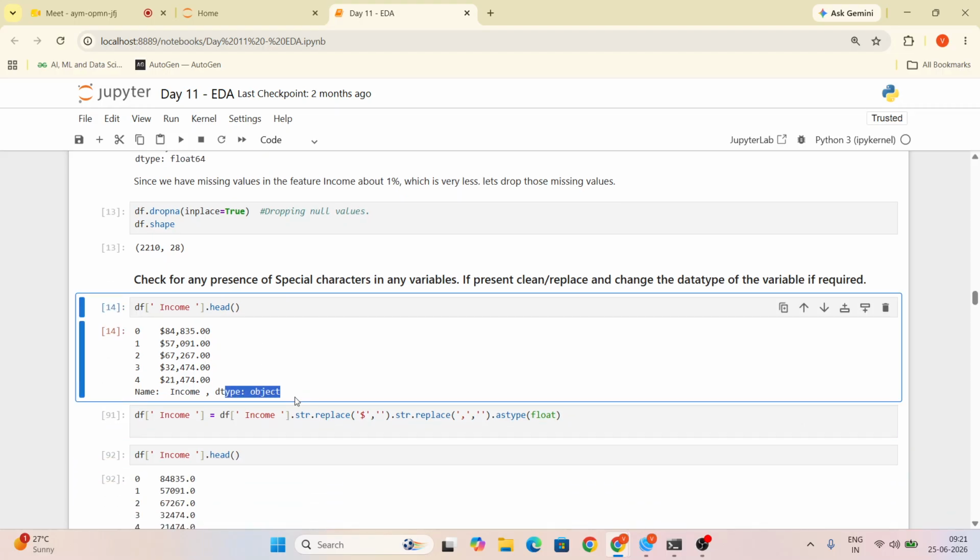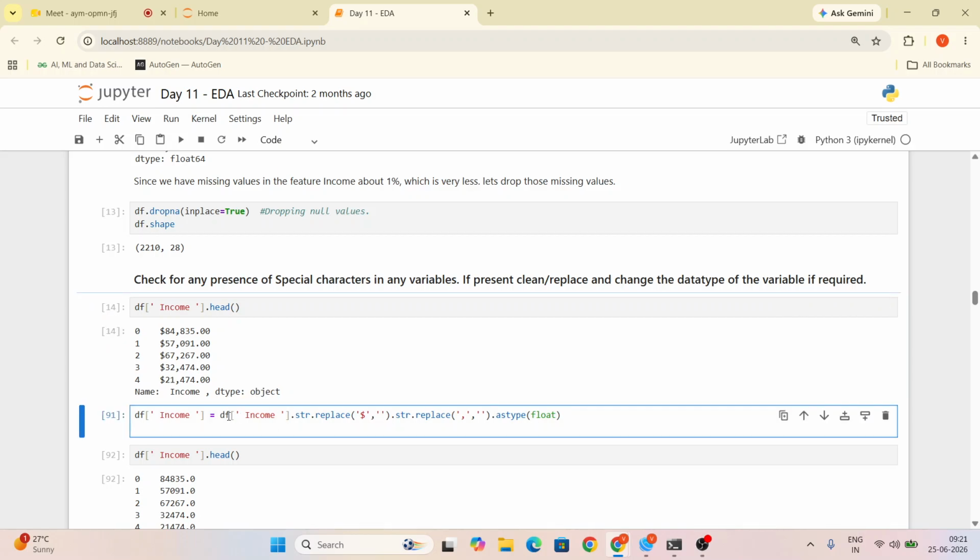So what's the data type of income? Here it is object. So what we are doing here is converting the object to either integer or float, and stripping out the extra spaces. Removing the space and removing the dollar sign also. In the income column, it's already a string, so we are using string replace: it replaces dollar with empty, and string replace comma with empty, and directly we convert it as a